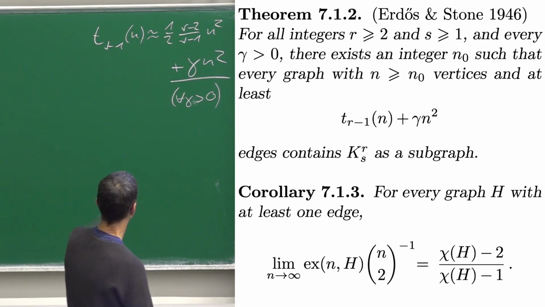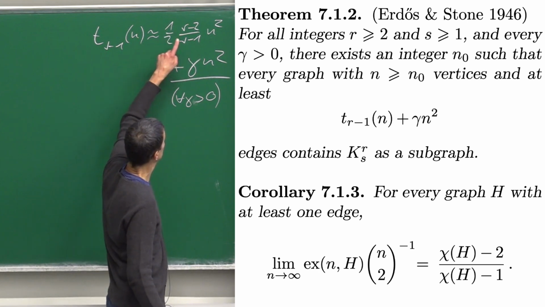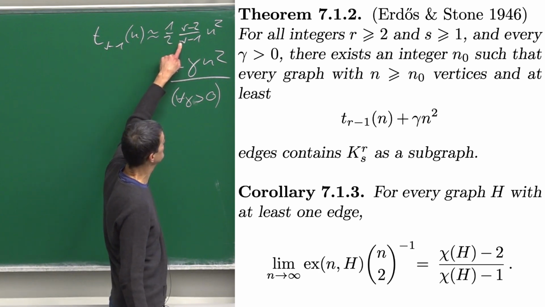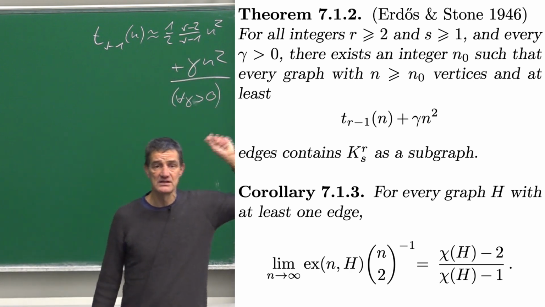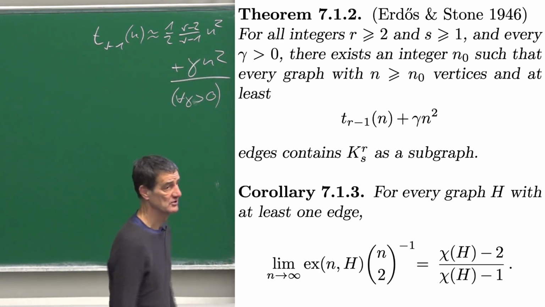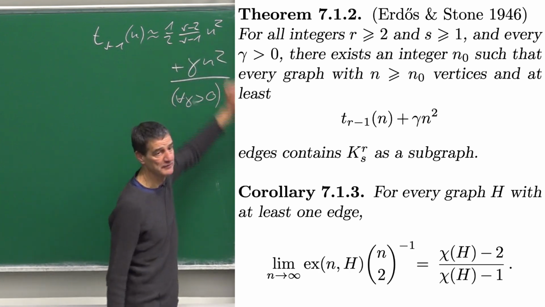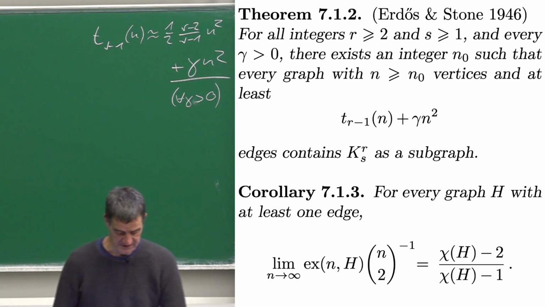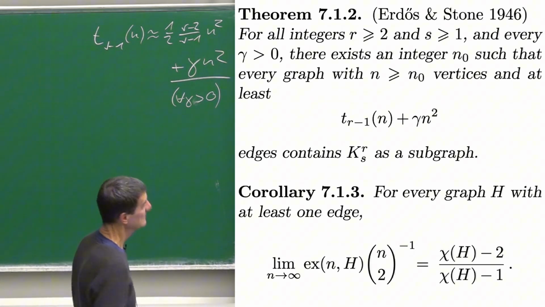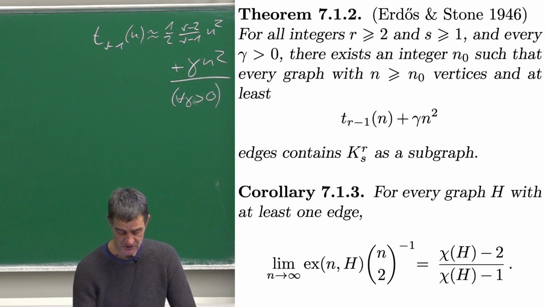By (chromatic number of H minus 2) divided by (chromatic number of H minus 1) times n choose 2, the possible number of edges. This is n choose 2, roughly. Right? Okay, so that's the version of the corollary to the Erdős-Stone theorem that we use most often, but we'll now